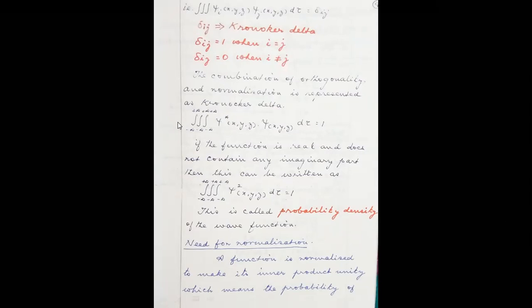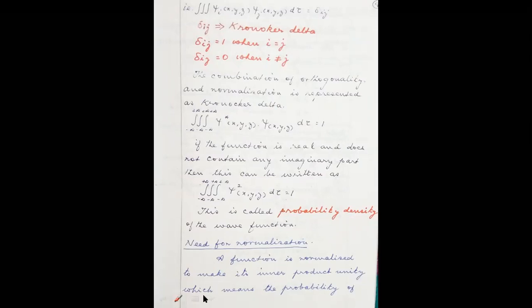Now, look here. This is the function again. The same thing is written, and the normalized function, the psi square d tau, is called the probability density of a wave function. See, in atomic structure, we are speaking about the orbital. Orbital is a three-dimensional boundary in which the probability of finding the electron is maximum. That probability, what you are discussing, is actually coming from here. It is integral psi square d tau, where psi is the description of the system, where psi square is the probability density of the system, where the system is actually present.